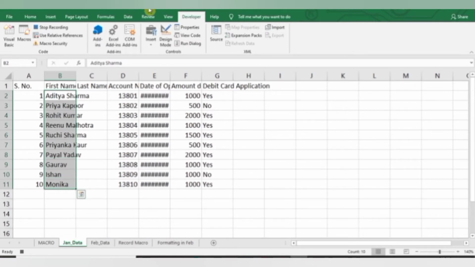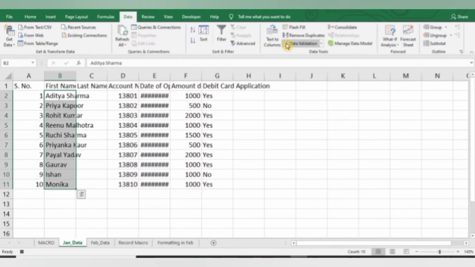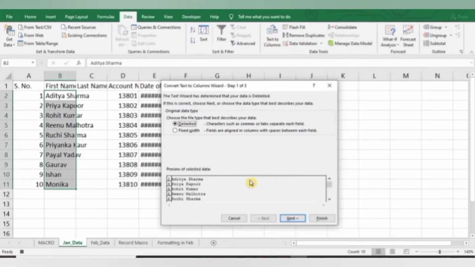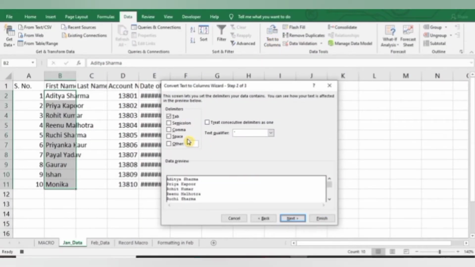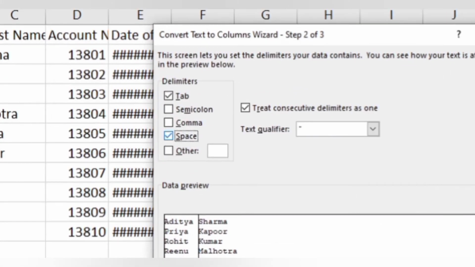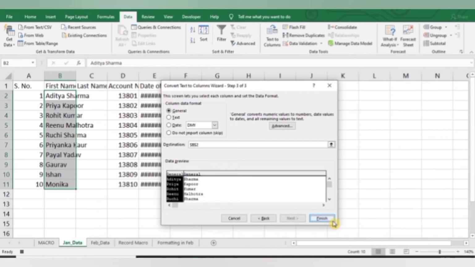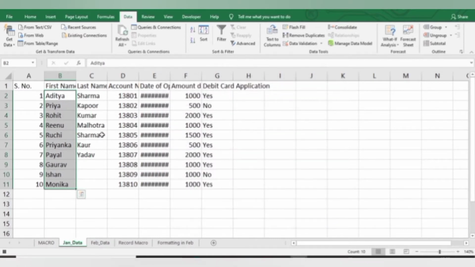Now simply select all the names and then go to Data. From here, select Text to Columns and Next. Here I will use space, and then Next and then Finish. As you can see, my first name and last name are separated.